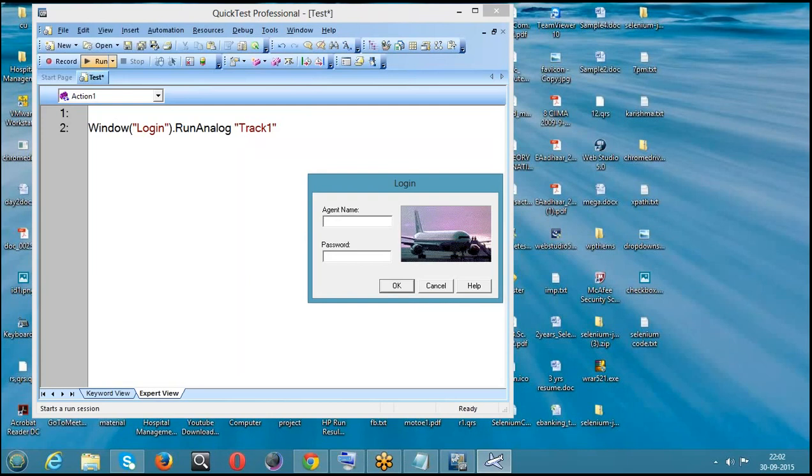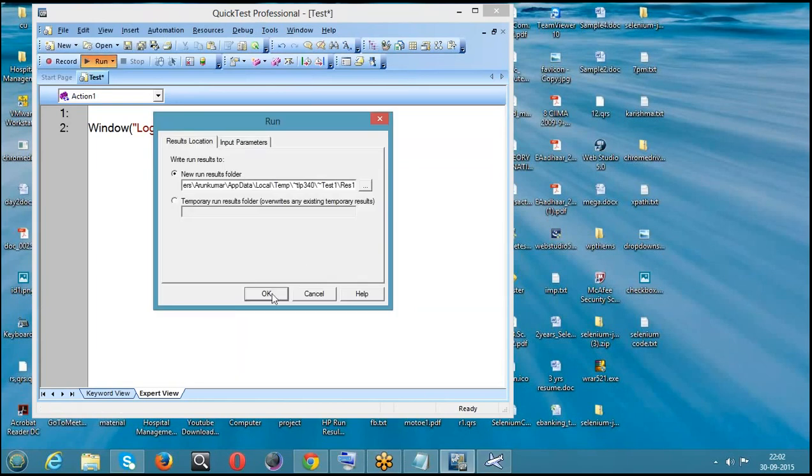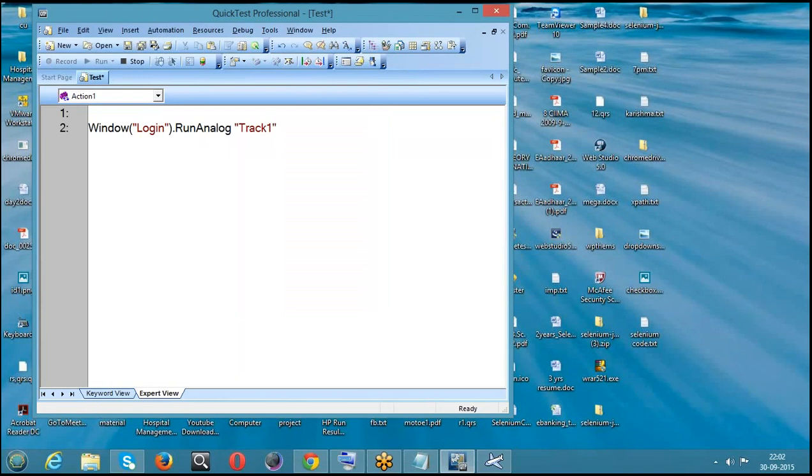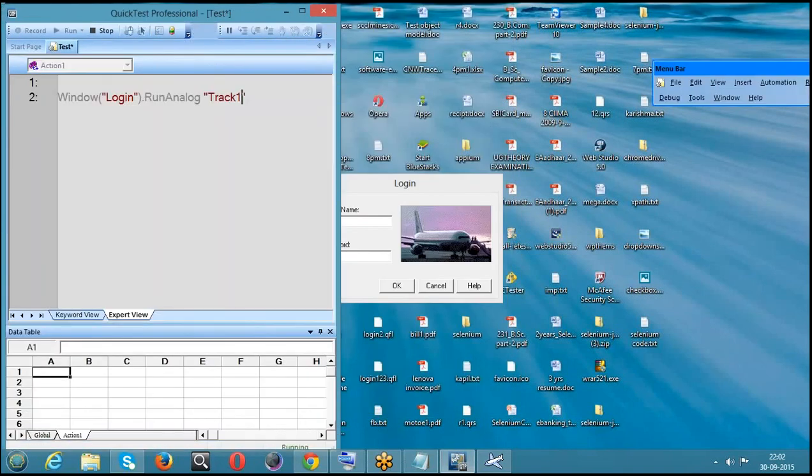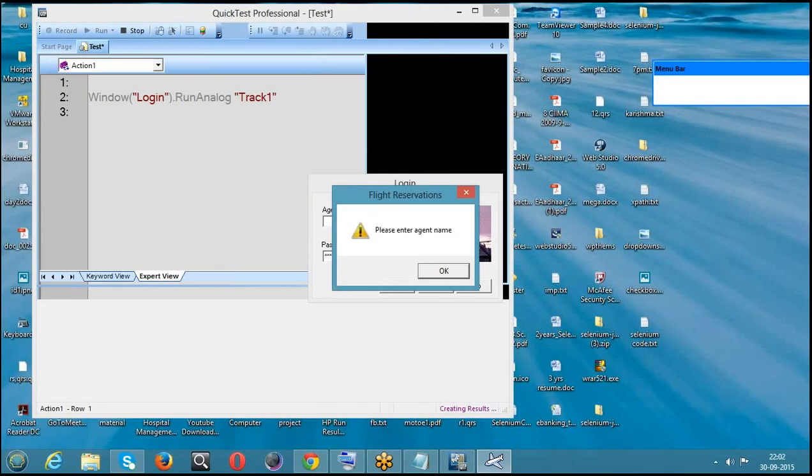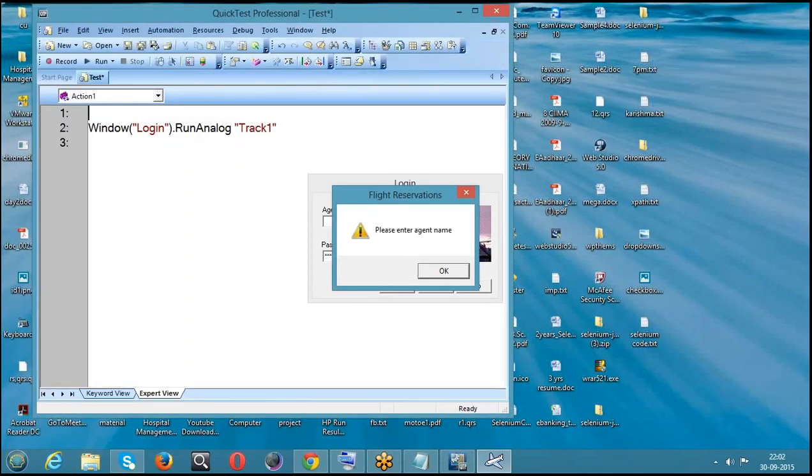Now I am trying to run the test. Yes, it will execute now. It will write the username, it will write the password, it even clicks on the OK button. No worries. It will do it and it is very fast when compared to your standard recording. Have a look on this. It has not written the agent name.